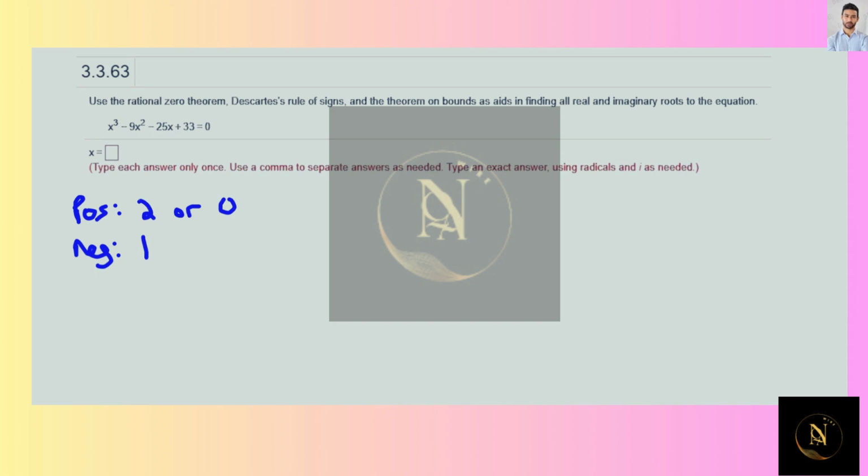We could find, let's start with positive zeros. The least positive can be two of them. Let's just start testing that by the rational. Well, by the rational zero theorem,